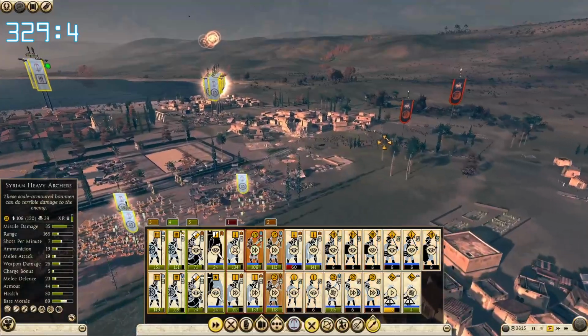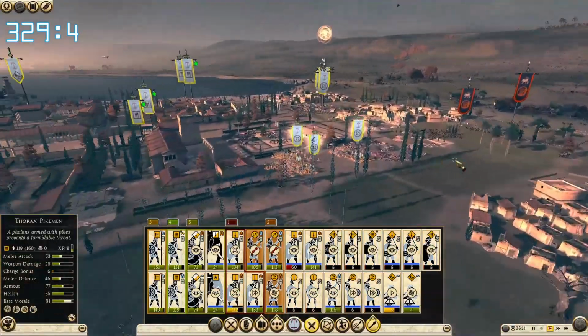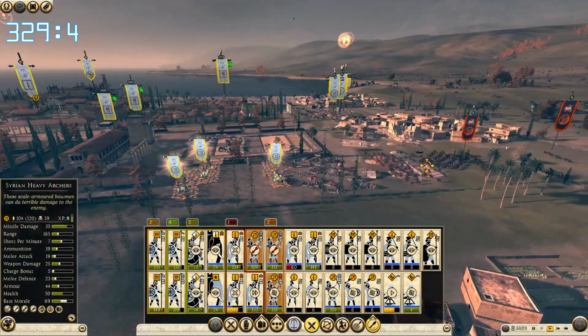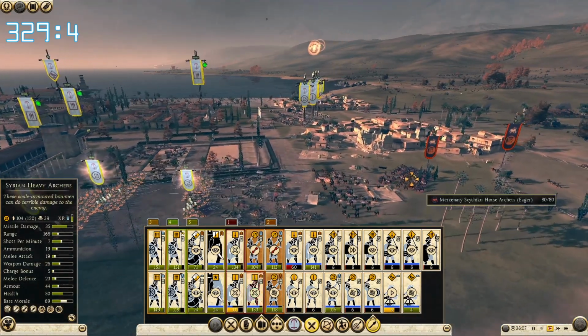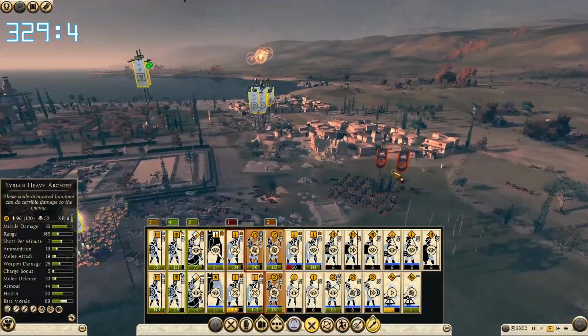Oh, they are here already. Okay, in which case we just go for it. These are heavy archers. They should handle even a charge from horse archers. They're gonna melt away real fast. Doesn't look like they have any other cavalry approaching us, so let's just...